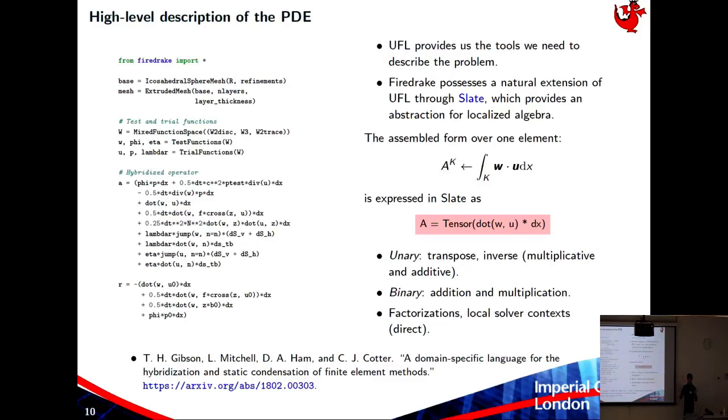UFL provides us with that, so we can easily express the finite element forms in the hybridized form, for example. And I developed this in the first half of my PhD, this bit of software in Firedrake called Slate, which provides a linear algebra context for doing dense linear algebra on finite element forms. To invoke an instance of a Slate object, you just wrap your UFL, whatever it is, into this tensor